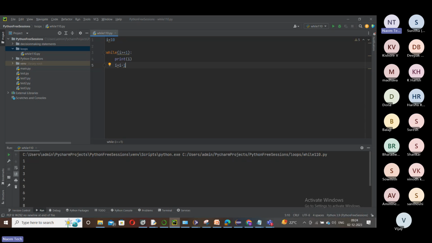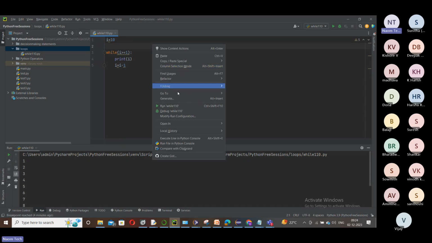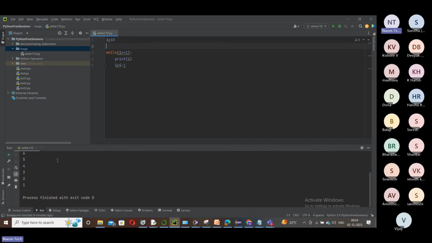So now right click and then say run this one. You can see here you got output for 10 to 1, and also you can run from the console as well. It's up to you from where you run. Okay, this is a quick idea about how to print values from 10 to 1. You can try this along with me. You can test this code with me. Right, this is a simple idea.